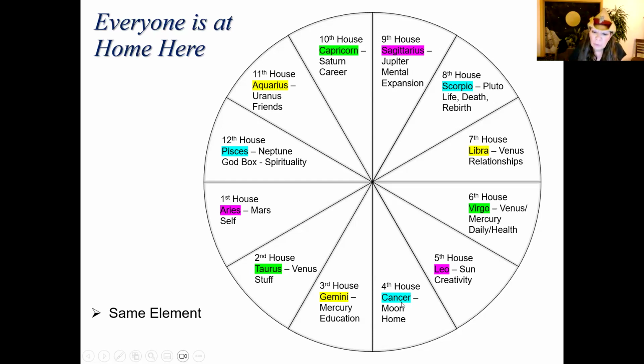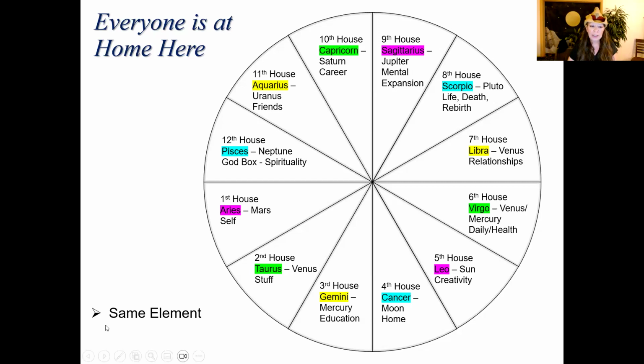And then you've got the water signs. They have a planet in Cancer, like my sun is in Cancer, and something in Scorpio. My rising is in Scorpio. So I have a water trine, which makes me even more liquid psychic, right? Emotional type thing. If you have a planet in Cancer and Scorpio, they are 120 degrees apart. They will always be 120 degrees apart. And you have a water trine with Scorpio and Pisces, and a water trine with Pisces and Cancer.